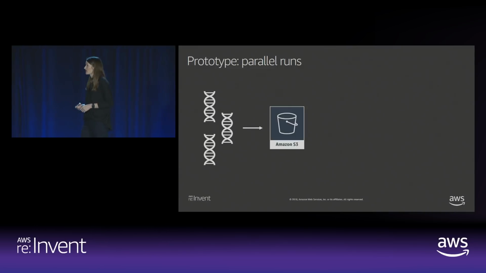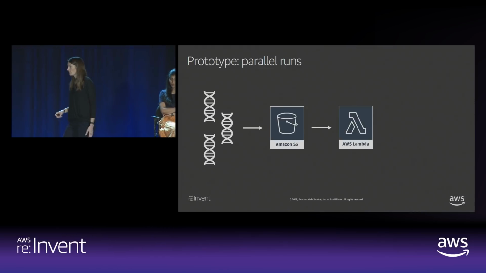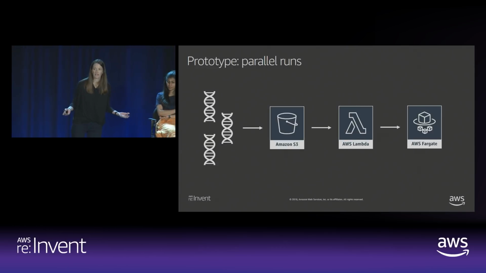So this is how we set up our prototype architecture. The files would hit an S3 bucket. That would trigger an S3 event that would spin up a Lambda. Lambda is not normally what you think of for a compute-hungry, long-running process, but all we were using this Lambda for was to pass along the task definition that we'll talk about again in the next couple of slides, and any override parameters, and pass that off to Fargate, and then Fargate would be responsible for provisioning and pulling up the container and any networking and any